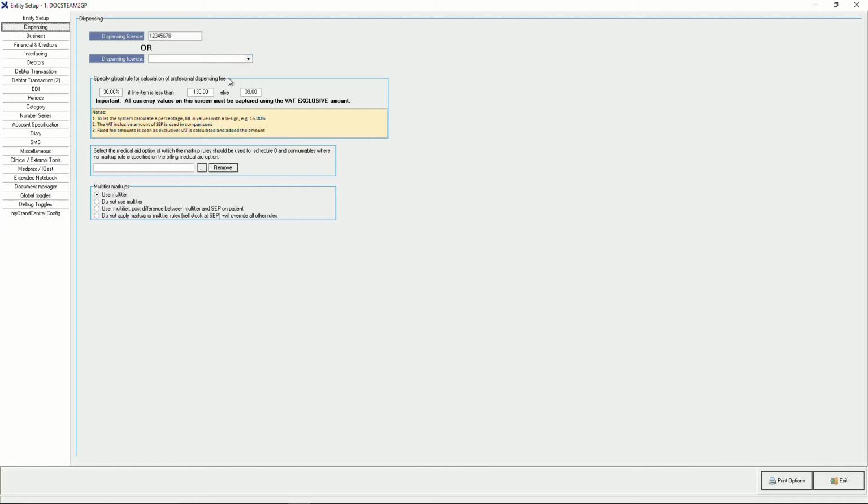Let's discuss the Specified Global Rule for Calculation of Professional Dispensing Fee section. It consists of a general global rule that has been applied. The applied global rule will state that depending on the schedule and amount, there will be a specific markup on the dispensing price, which is also allowed to be charged and will include the manufacturing costs, delivery costs, and so on. Please note, this rule has been set up by the World Health Organization and is enforced by the South